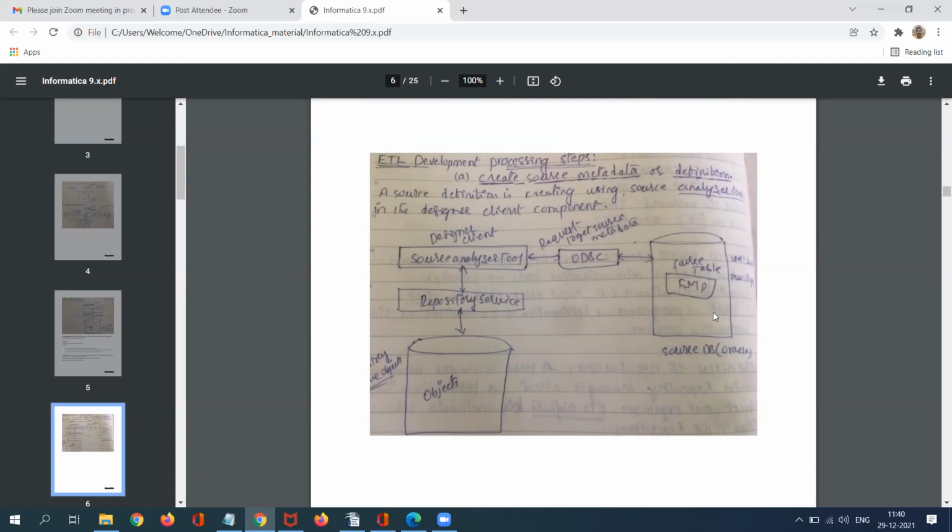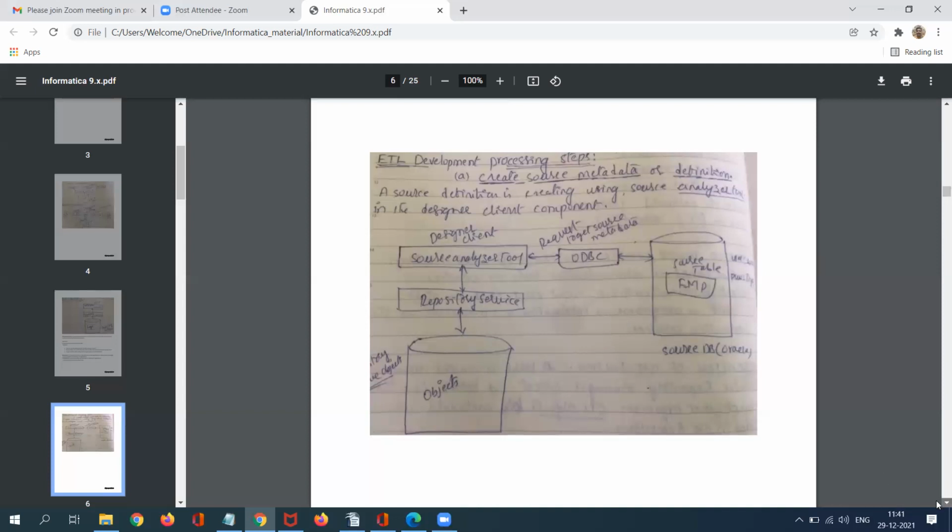See here, this is my relational database. Here I have EMP as an object, which is my source object. With the help of the ODBC connection, I can use the Source Analyzer tool and send this particular object to the repository service. The repository service will help me to save it in the repository database. We will see later how to import multiple sources which are available at source level into our Informatica PowerCenter.